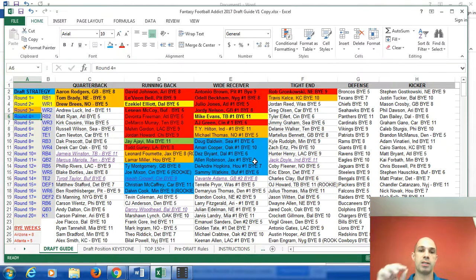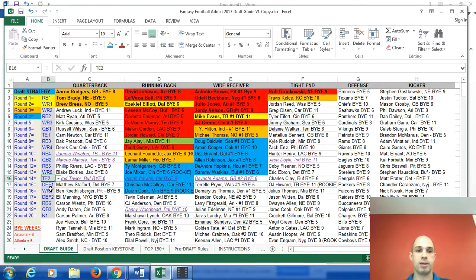This helps you stay organized and focused. You're keeping on top of the bye weeks, and everything's going to be that much more successful, especially when you're getting down to round 13, 14, that you still need a 5th wide receiver or a 2nd tight end. And I always tell people, look, don't even worry about your kicker or your defense until the final 2 rounds. Some of you are forced to pick 2 kickers or 2 defenses. Fine. So you get your 2 kickers in the final last round, or your 2 defenses in the 2 rounds before that. I never go defenses or kickers